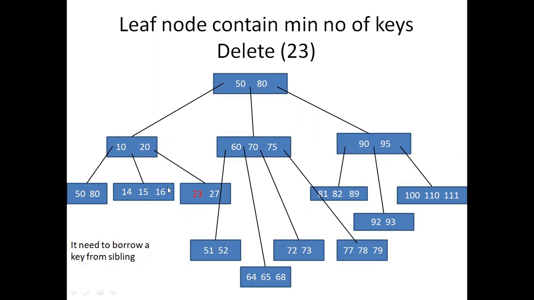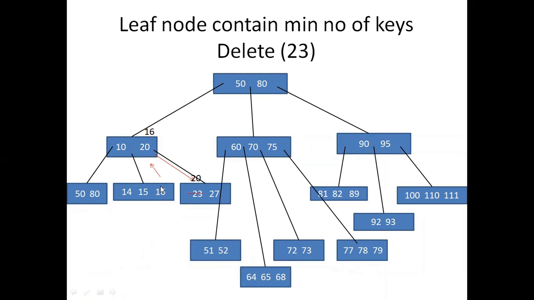So it will borrow one key from the left sibling. It cannot directly borrow 16 from here and paste it here. That will also violate the property, because if you put 16 here, the elements are not in sorted order. So there is one method: you have to shift the maximum value from the left sibling to the parent, and then the parent value will get transferred to this node.